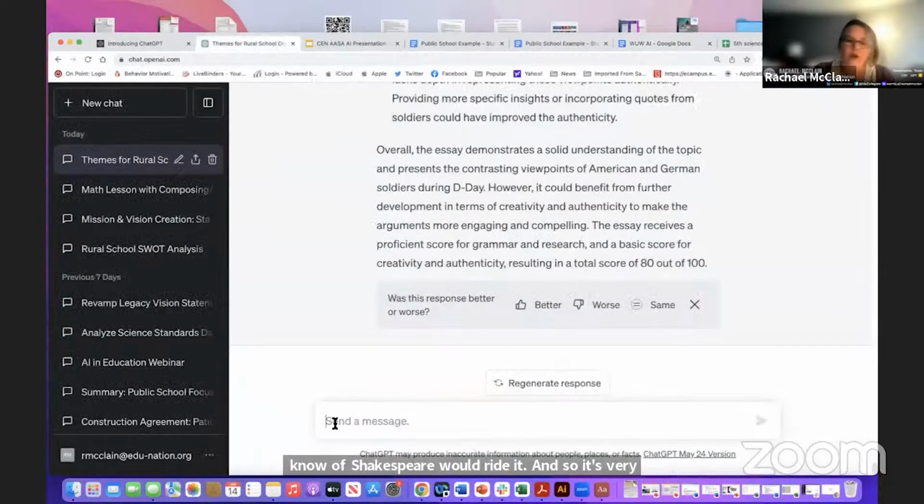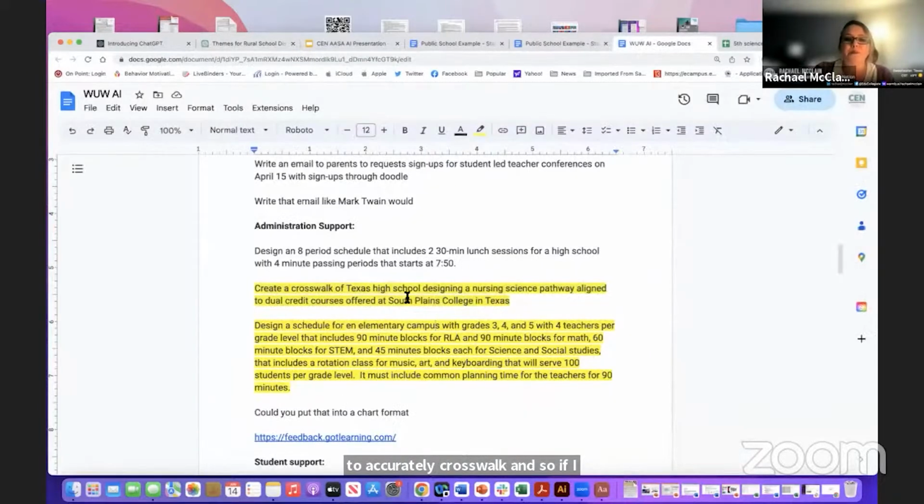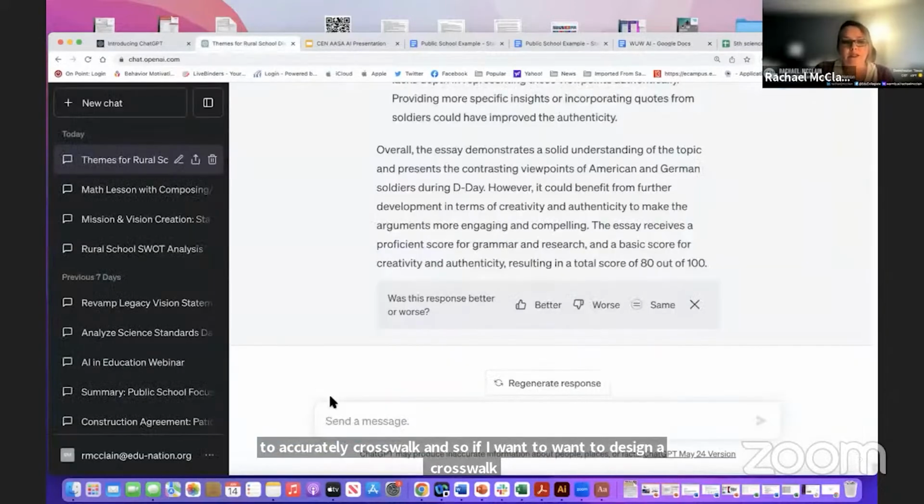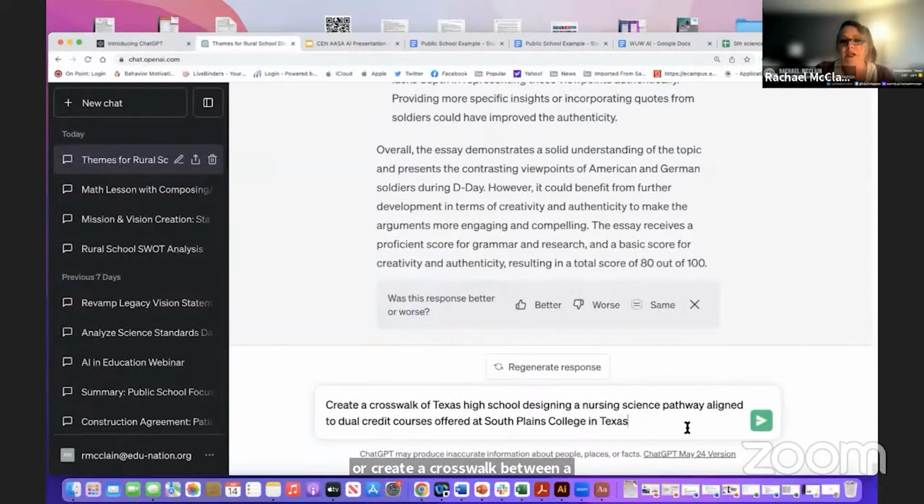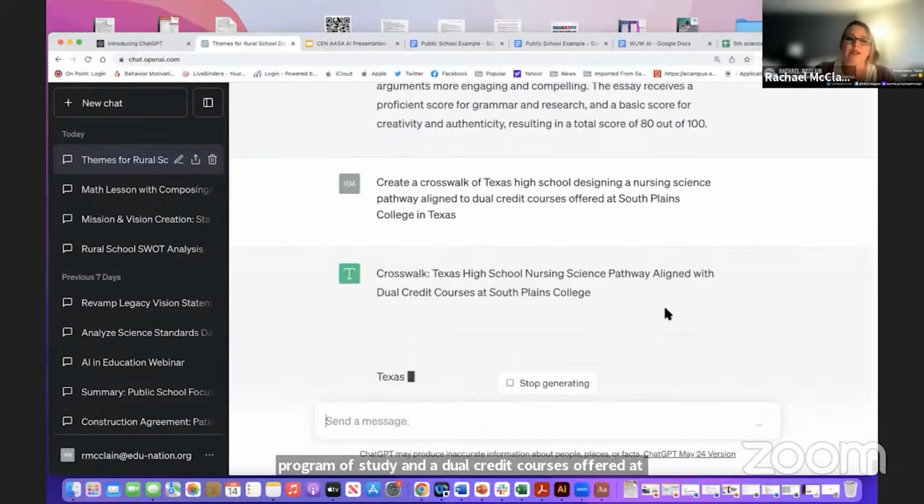This is one that I found most interesting. We do a lot of crosswalks between our high school courses and our community college partners for dual credit purposes, things that can tend to take a very long time to accurately crosswalk. And so if I want to design a crosswalk between a Texas high school program of study and dual credit courses offered at South Plains College, that's one of our community college partners here in Texas.